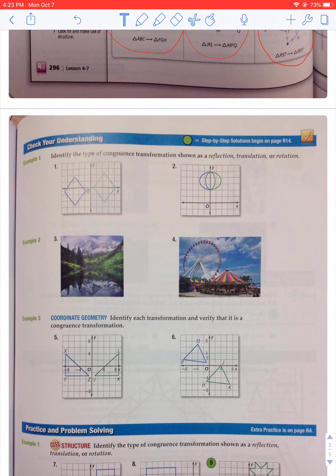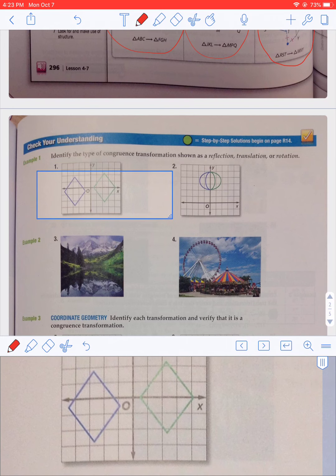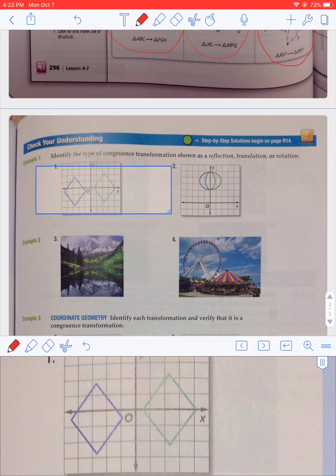So we're just going to hit the ground running and identify in each one of these what could be happening. So we're going to work with 1 through 4 here first. And if you look at number 1, I hope you notice that we've got 2 diamonds, and